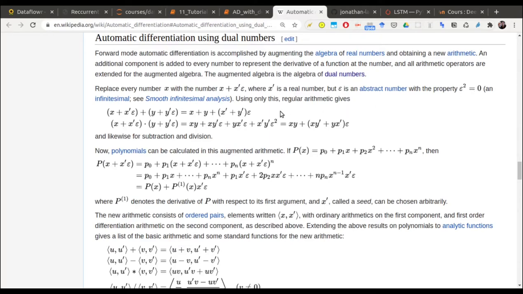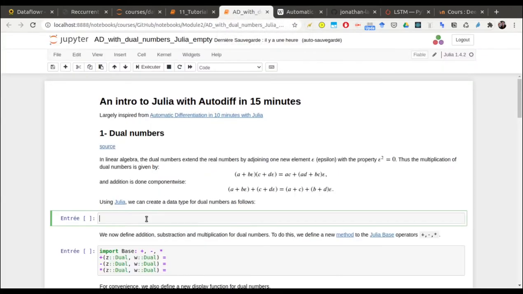Okay, so it's nilpotent. Which means that when you are adding them, it's still an epsilon, but when you are multiplying them, this epsilon square will disappear. So this is exactly what you are used to doing when you are doing, I don't know how to say in English actually, développement limité, or Taylor expansion. That's it. Okay. So let's see how you can do this in Julia.